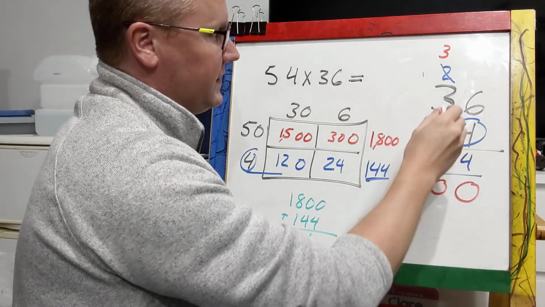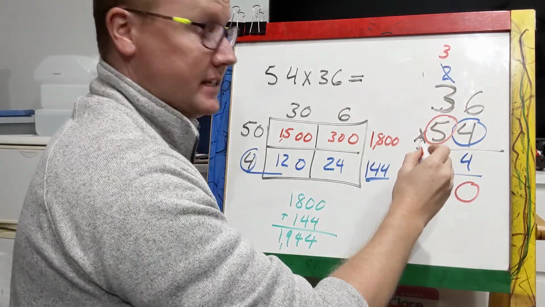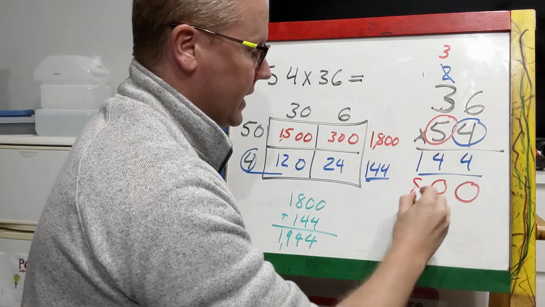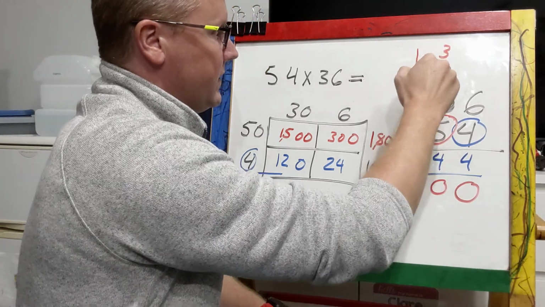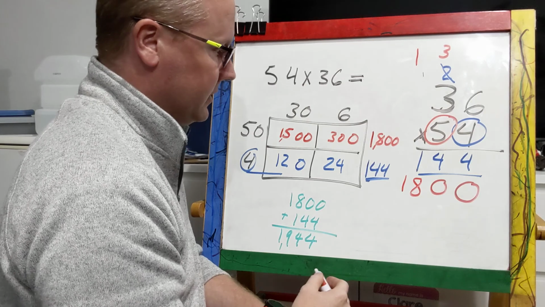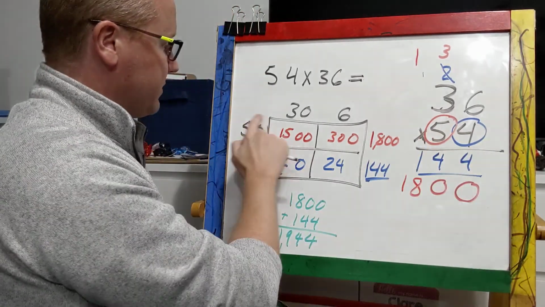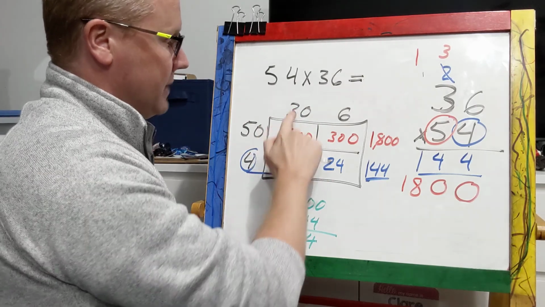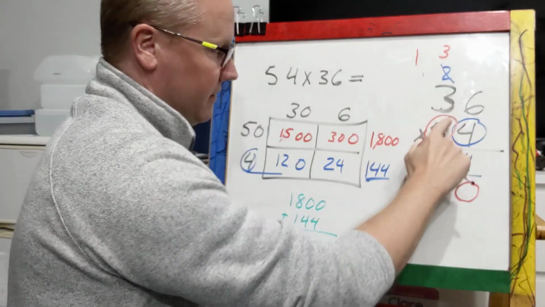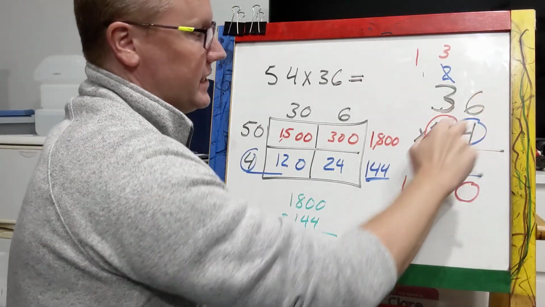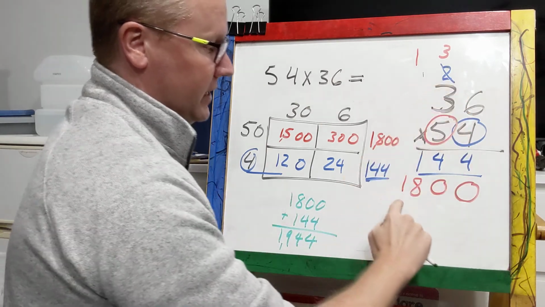And 15 plus 3 is 18. So I'm going to write 18 because I have my 1 over here, and it drops down. And if you notice, when I was multiplying by 5, it was the same as when I was multiplying by the 50 times the 30 and times the 6. 50 times the 6 and times the 30. And it gets me